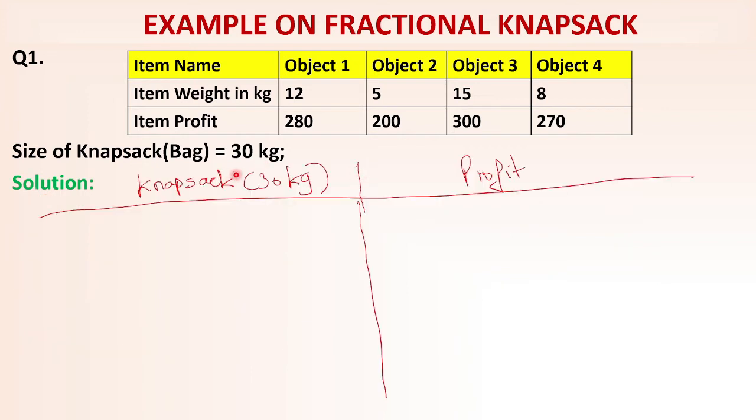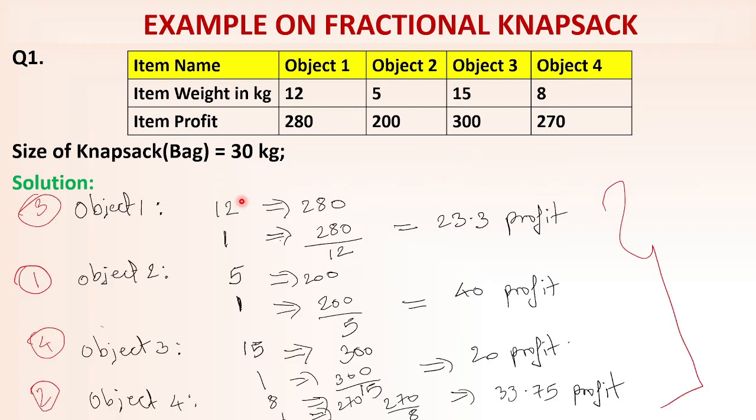Now I've made 2 sections. One section is the knapsack of 30 kg and the next section will be for writing the profit. So we have to keep on filling the knapsack. Initially the knapsack will be empty and its capacity is 30 kg. At the most it can take 30 kg of items. We'll try to fill them one by one and we'll calculate the profit simultaneously. So the first item which will go inside the knapsack is, as per the profit, object 2, which is giving the highest profit for 1 kg of item. So first we'll put object 2.